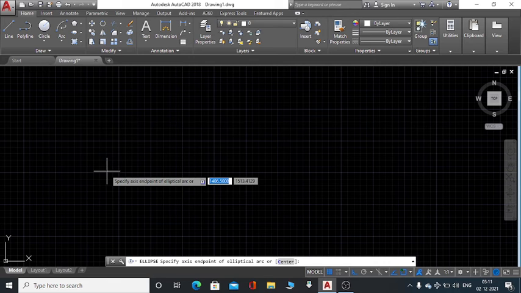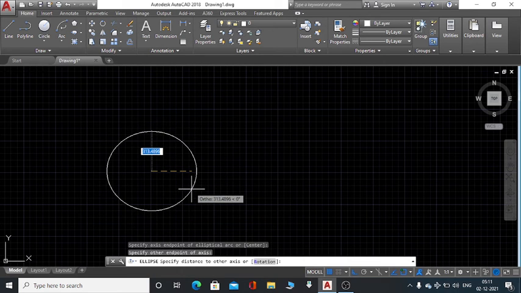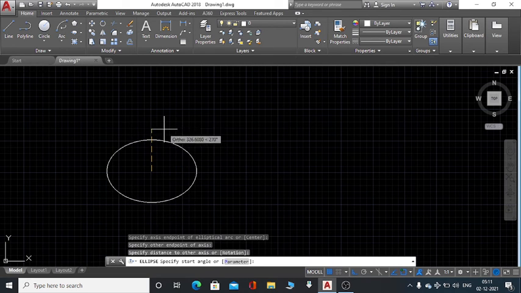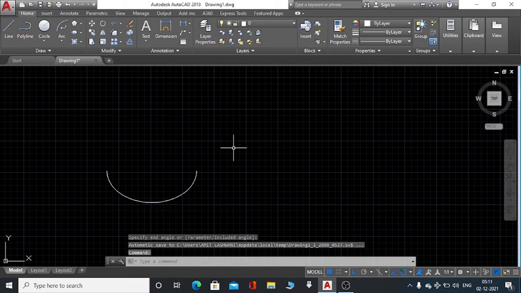Specify axis end point of elliptical arc. This is the end point. This is another end point. Then rotation. This will create an arc by using ellipse.